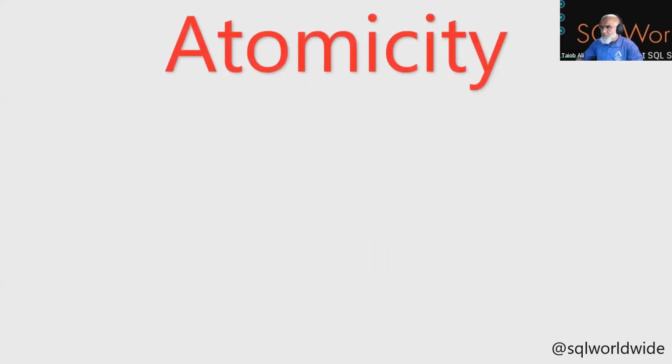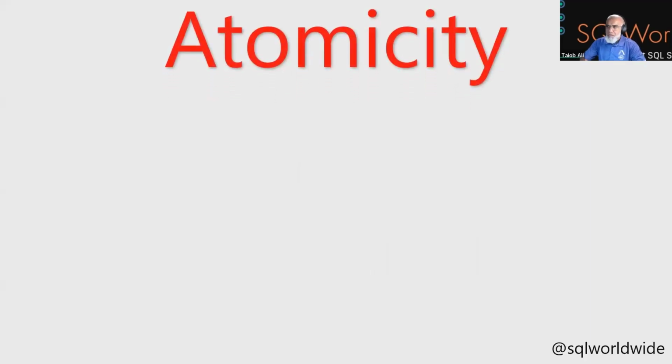So the first one is atomicity. What do we mean by that? It means that if I have a transaction composed of multiple statements, I want to make sure that everything